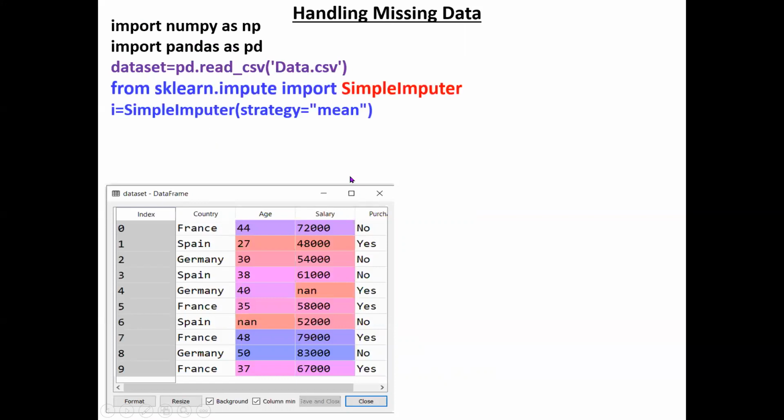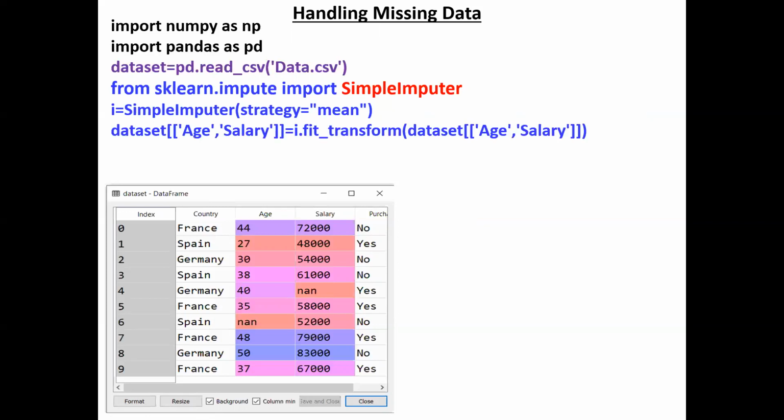So later we try to apply the imputer class. So from sklearn.impute import SimpleImputer, I have written. Okay. So now i is equal to SimpleImputer with strategy equal to name. In the place of name, you may put median, you may put most_frequent. I will show you. No need to memorize this. There is help for us in this Spyder.